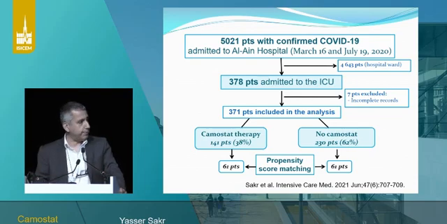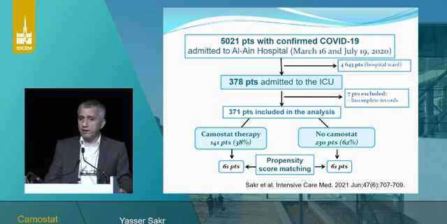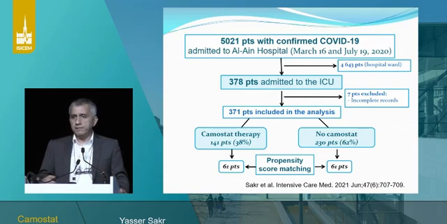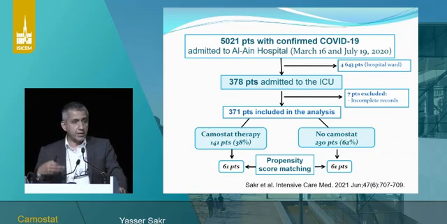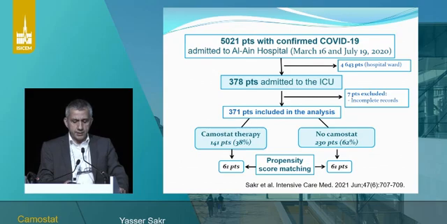So if you know about this country, it was a country that was affected largely by the virus during the first wave, but it has a very good infrastructure of intensive care units and so on. So they converted complete hospitals to ICUs with very high infrastructure and high expertise in treating ICU patients admitted with COVID-19. The mortality rate of this cohort was around 20%, but the rate of mechanical ventilation in these patients was above 50%. So that was indeed a cohort of severe patients with COVID-19 pneumonia.